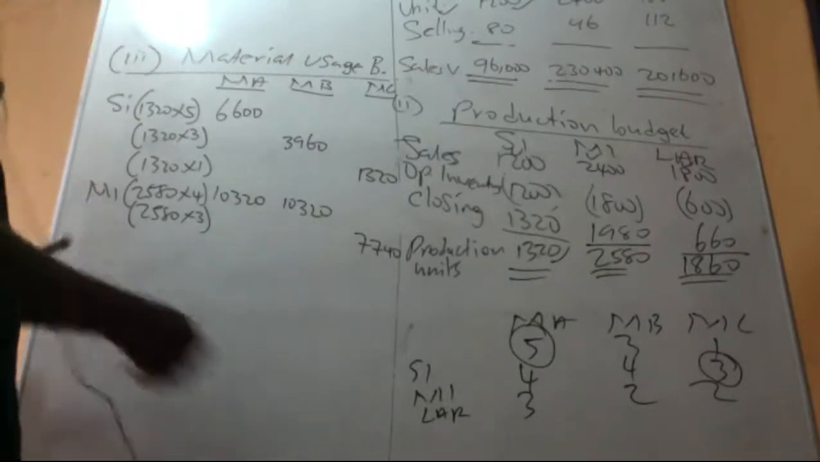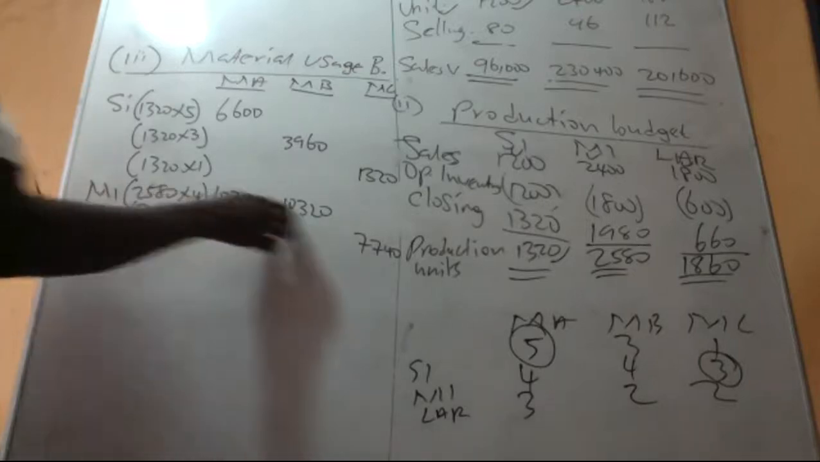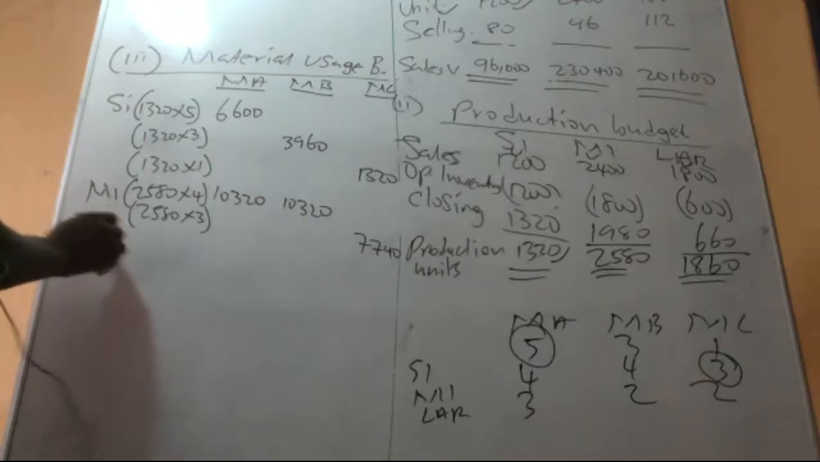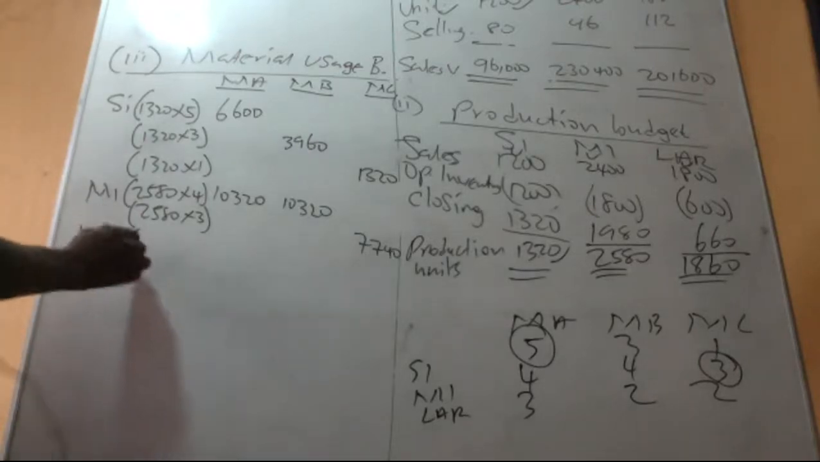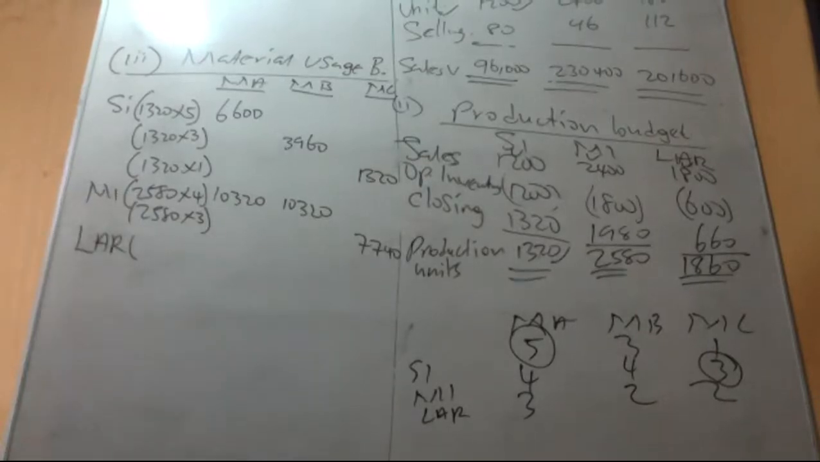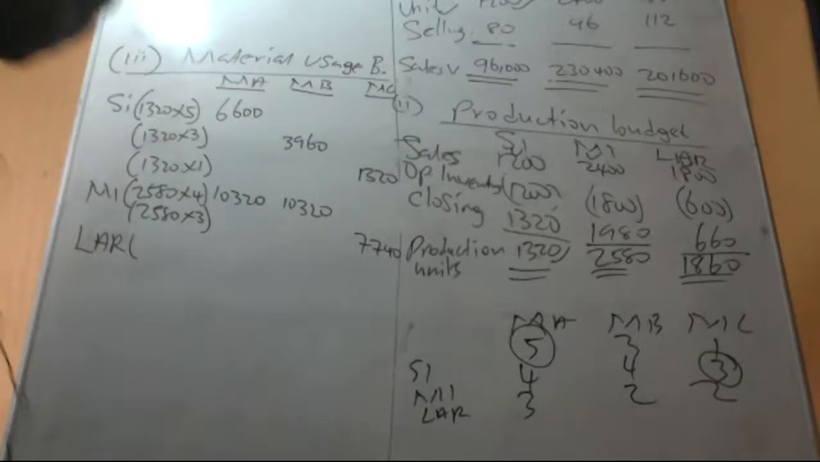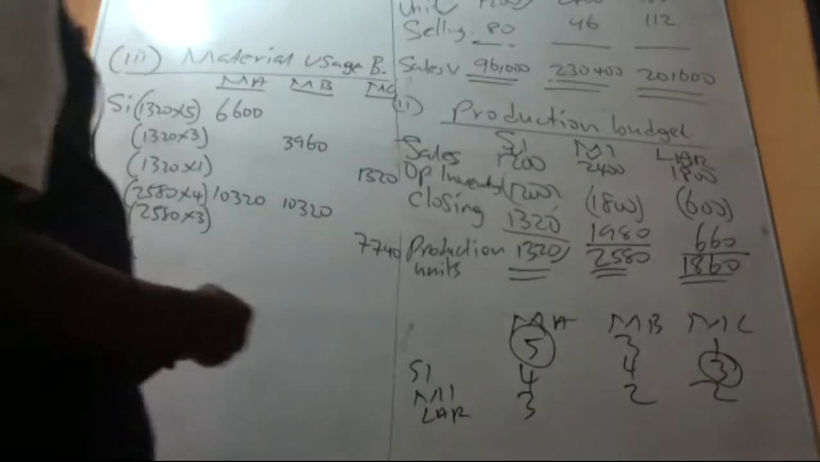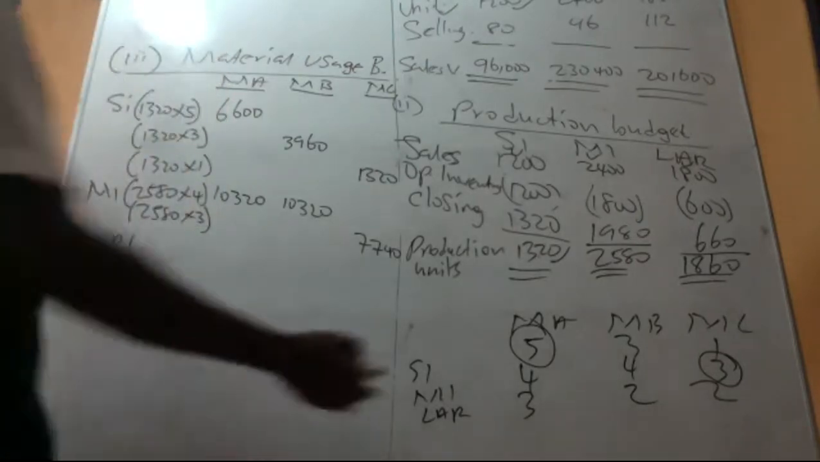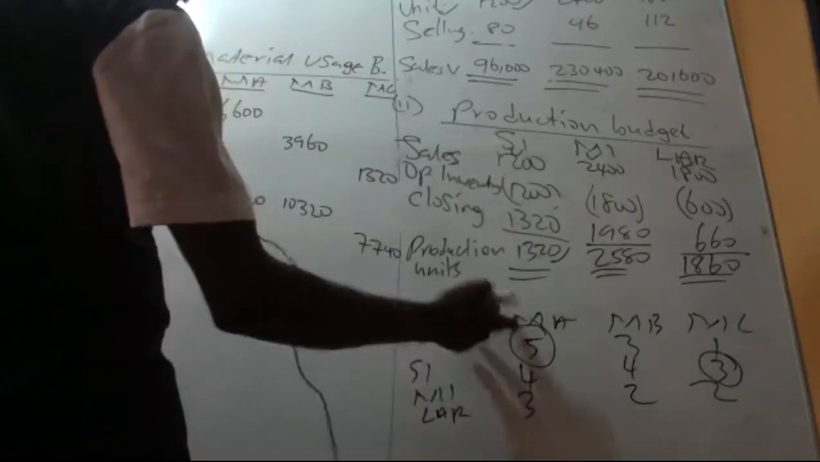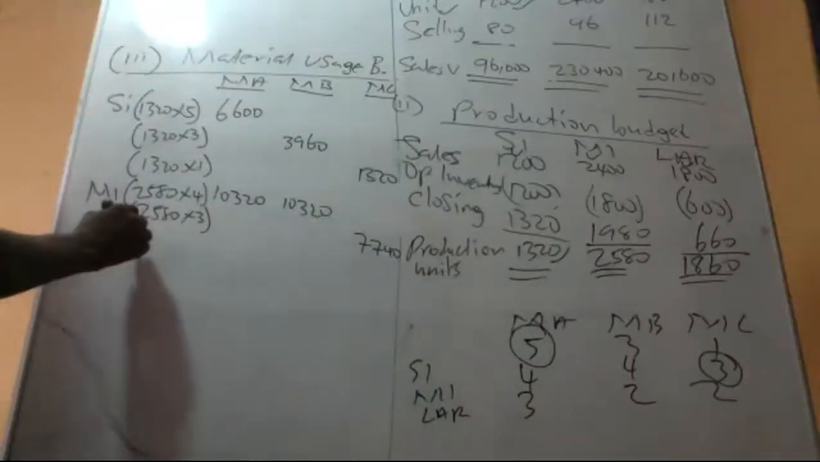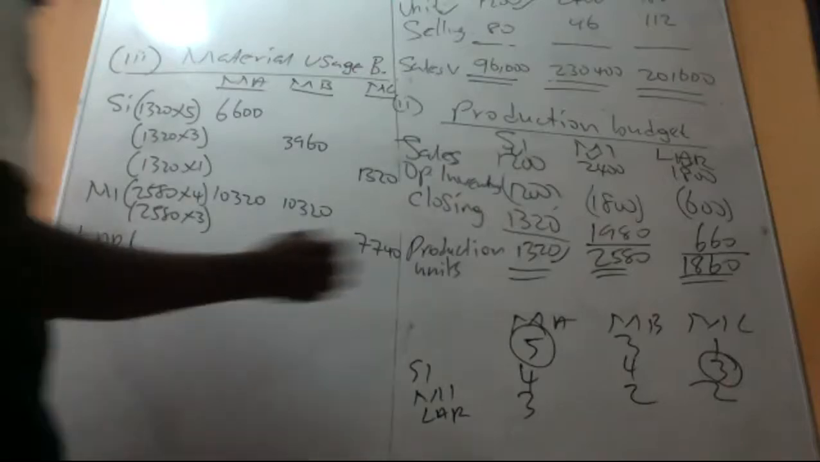Then you go to LA. Don't forget MI is still here. So let's go to LA. If you want to produce a unit of LA, you need 3 of MA, you need 2 of MB, and 2 of MC. So that one too will be in brackets. And here we are producing